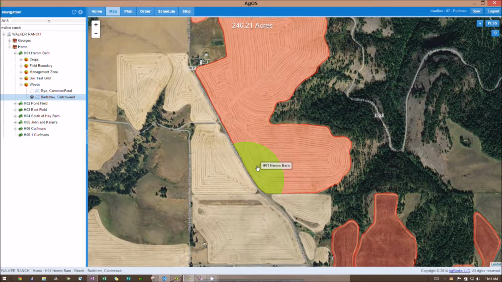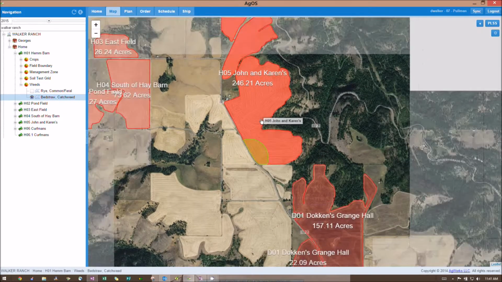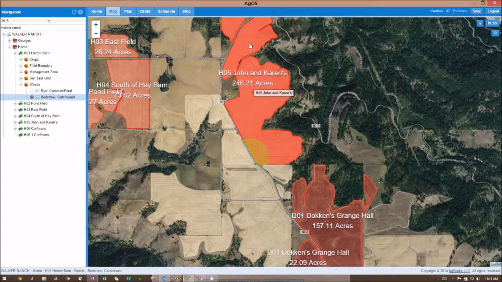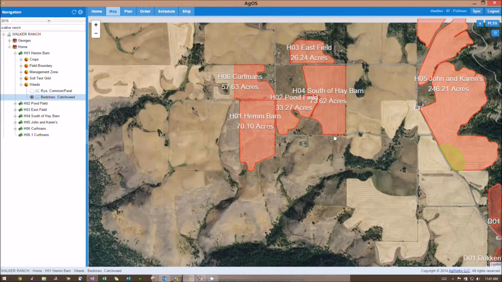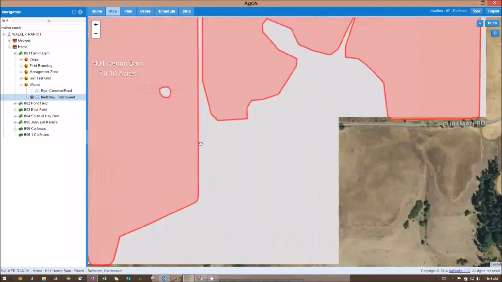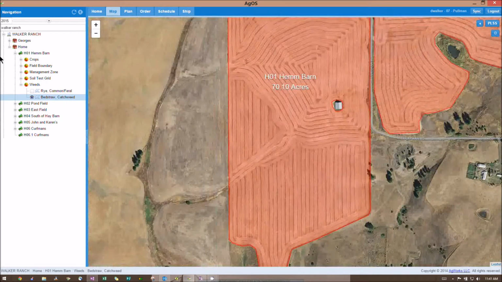Okay? Couple caveats to this with the version that we're running. You need to have a field border that has no holes. Holes mess this up. If I go over to a field border with a hole in it and do the same thing,